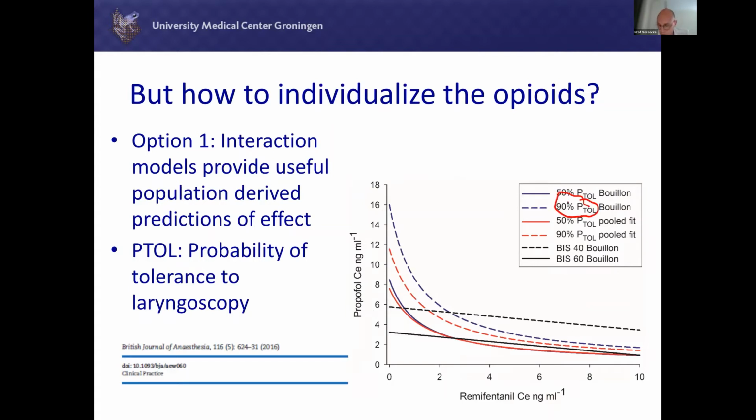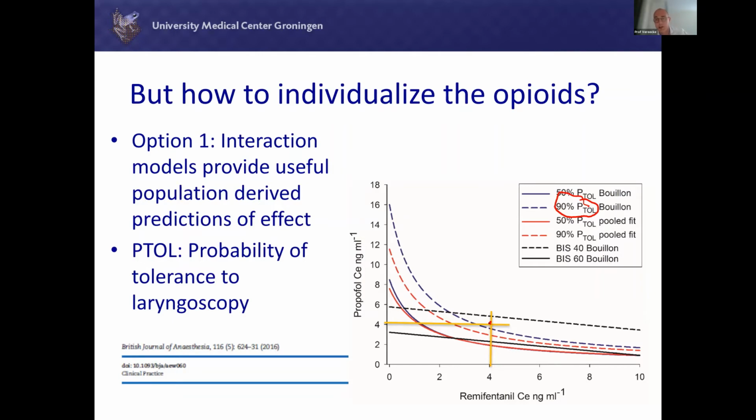For example, I like to start my anesthesia in the majority of my patients with 4 nanograms per milliliter of remifentanil using the Minto model, and 4 micrograms per milliliter of effect site concentration of propofol using the Schneider model, because the interaction models predict that the probability that the patient will tolerate laryngoscopy is above 90%. So that means if I repeat this induction in 100 patients, only 10 out of 100 will have a movement